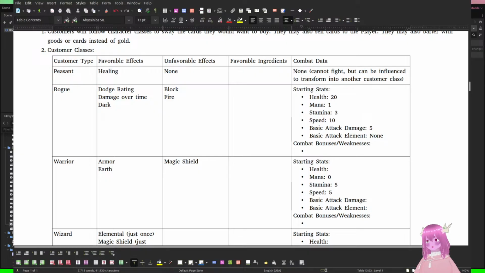I need to make card effects that also raise your max amount of health, don't I? I'm realizing that I need to make that kind of card. Oh! I did make a card like that.